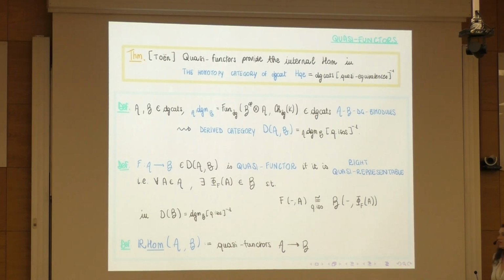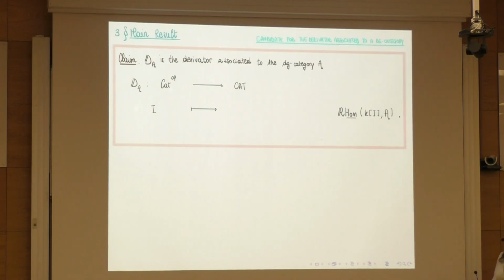So, now we have derivators, we have DG categories, we have a good notion of functors. So we can try to make a claim and try to define the derivator associated to the DG category. And why not send a small category I to the quasi-functors from the k-linearization of I, because it has to be a DG category, so it becomes a DG category concentrated in degree 0, to the DG category A. So this should be the derivator associated to the DG category A. Let's see if this is actually a good claim.